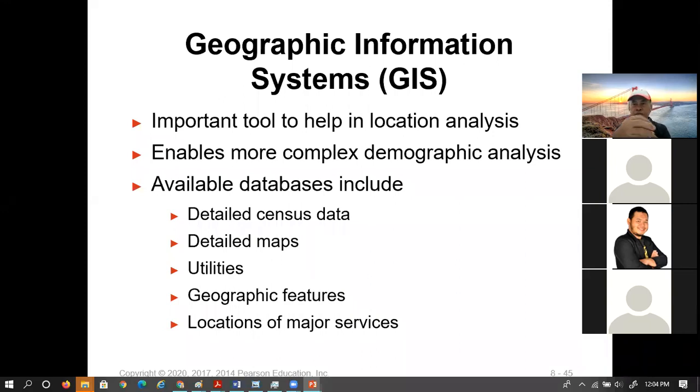The order location, and then we have the nearby Grab car, for example, which will be prioritized to serve the customer. This is because of using the geographic information system. Nowadays it's very important, not only for transportation, but also for food delivery, like Food Panda. They are using the GIS system to determine the customer's location, so we can serve as quickly as possible.